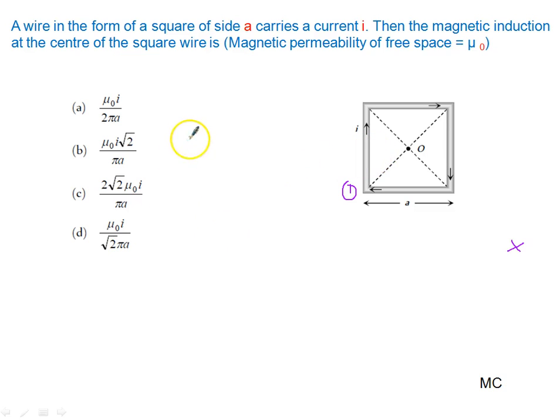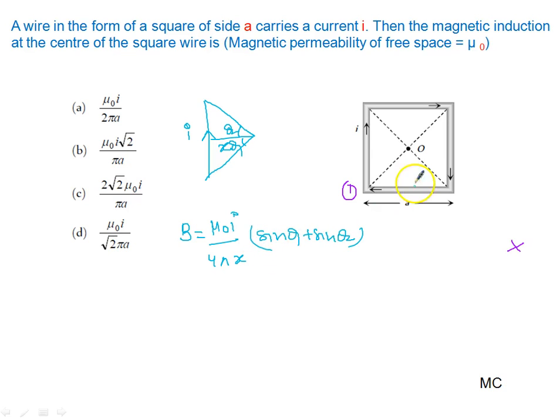So we know the formula. If it is a straight current carrying conductor, current I is flowing, and if this distance is given to us as x, this angle is theta 1, this angle is theta 2, we all know very well. Magnetic field can be written as mu naught I upon 4 pi x, sin theta 1 plus sin theta 2. So here I use the same formula. What is x? If you observe it, it will be a by 2, so need not explain so much. x is given by a by 2.